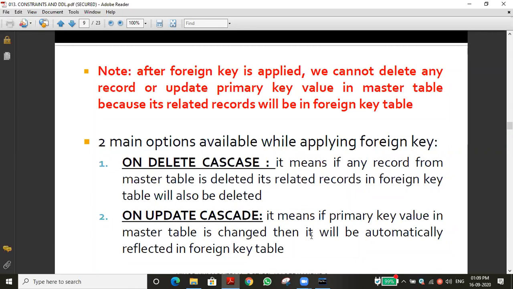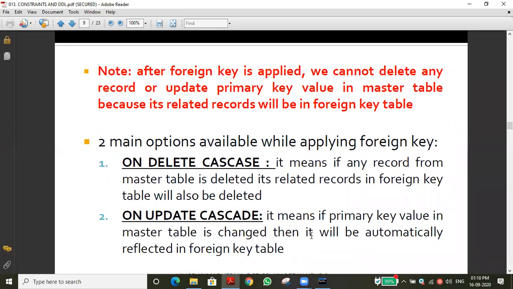While we are applying the foreign key, we need two tables. The first table, the primary table, is called as parent table. Parent table means it is a master table. Another table should be a child table. I'm repeating the sentence, you can listen very carefully.